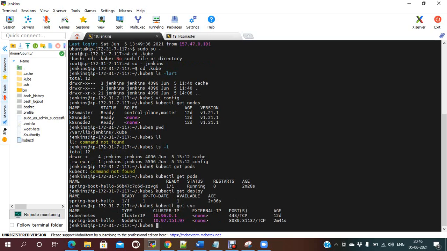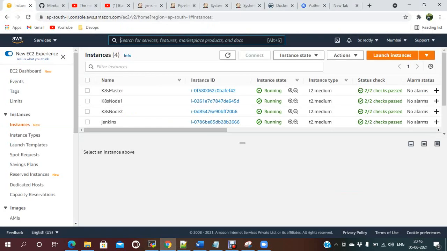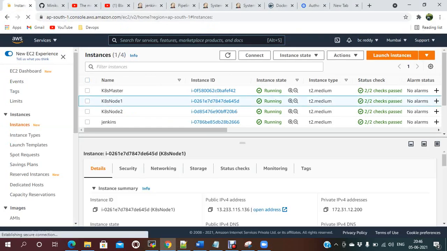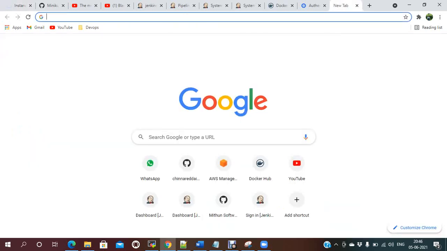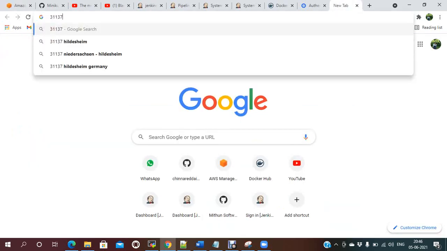To access your application, you just need to open the node ports, and with this IP you will be able to get the response. You need to take the node 1 and node 2 IP. So take this node 1 public IP and copy this one.